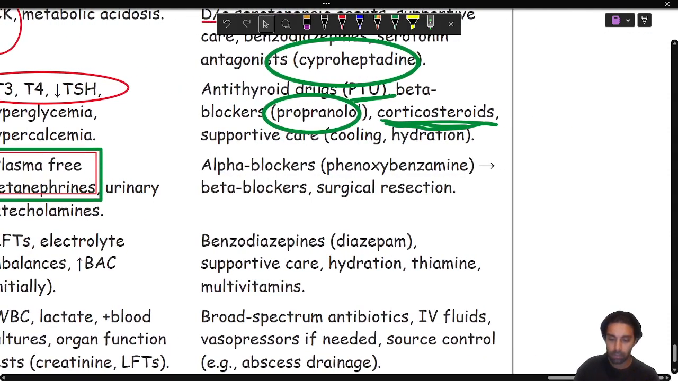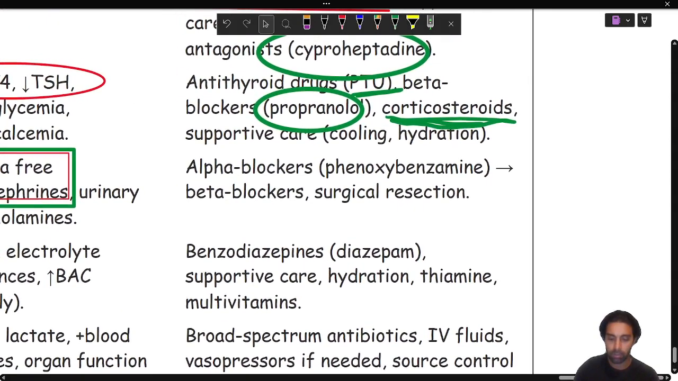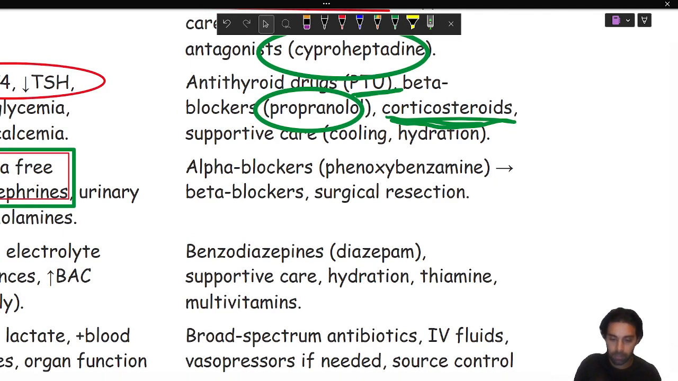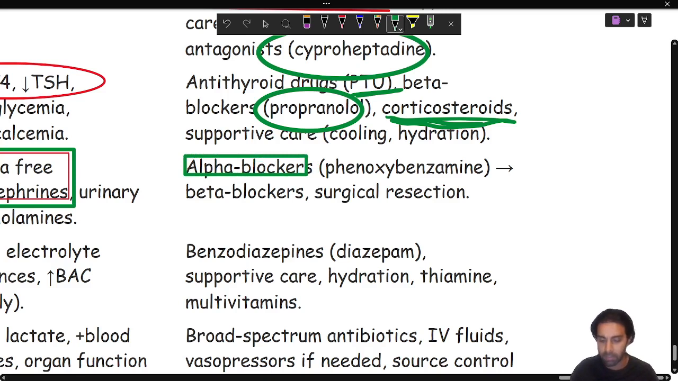So you typically want to start with alpha blockers first. That's really important, because if they give you a question like this, you decide beta blocker or alpha blocker first. So alpha blocker is always going to be your first choice. And phenoxybenzamine I wrote down here, but also if you see